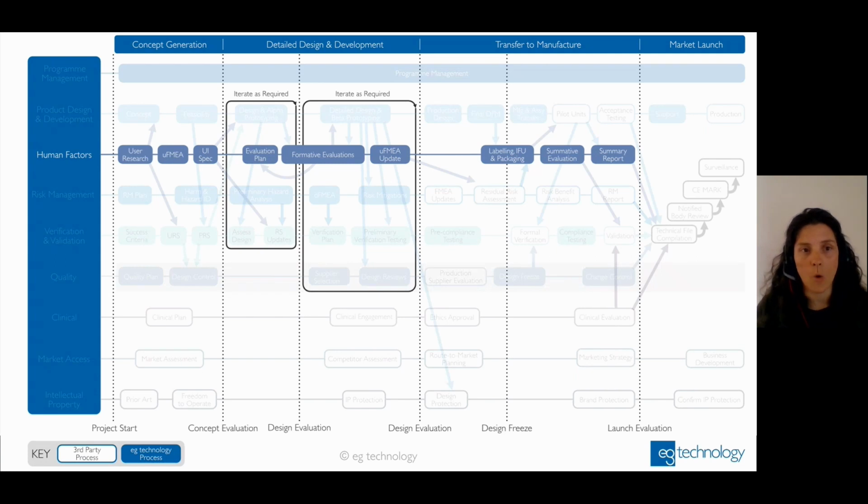As well as that core development program that you would think of, there are lots of different aspects that need to be happening in parallel and interact with that very closely. The first of those that I'm going to talk about is human factors, also known as usability engineering, and this is based on IEC 62366, the usability engineering process. And as you can see, this happens right from the beginning all the way throughout,